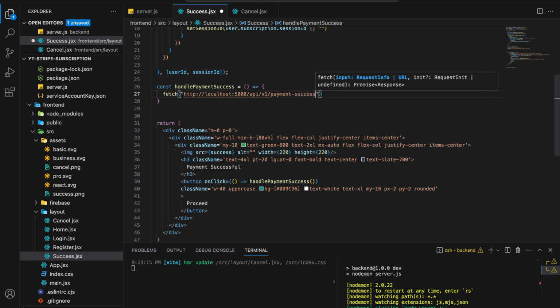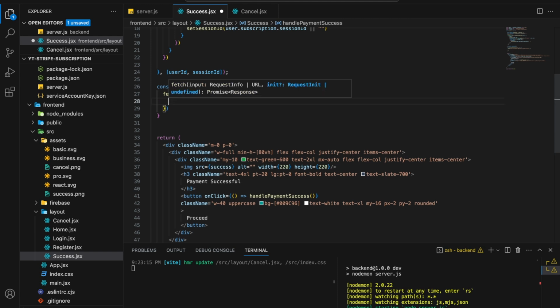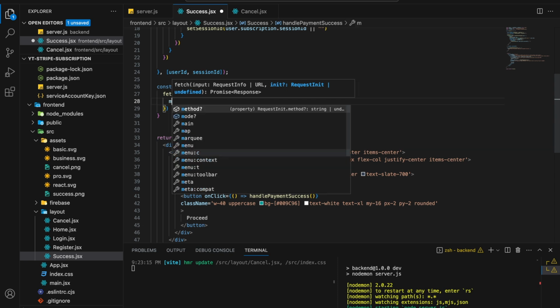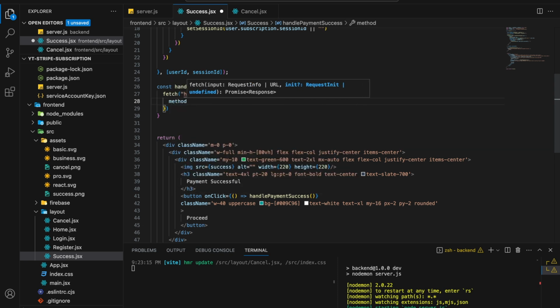After the deployment, you should replace this localhost API with your deployed URL. Okay. And the method will be post,